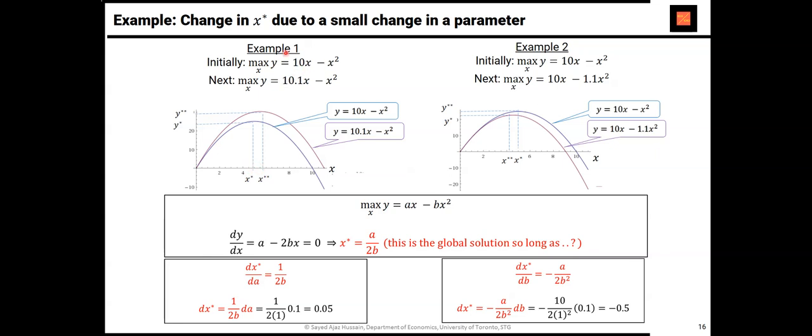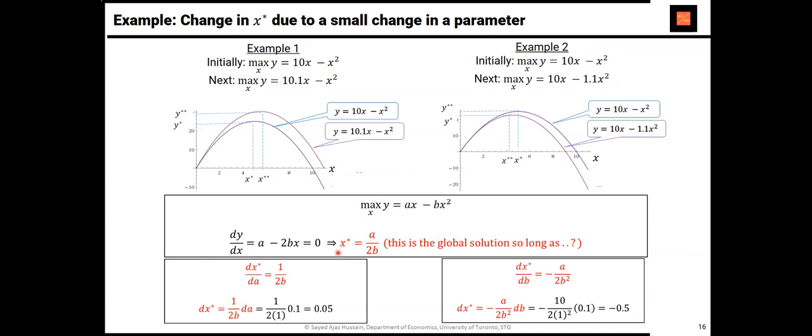Yes, I can, because notice that this function is of what type? Ax minus bx squared. And what has changed over here? What's changed is, of course, the parameter a. So in this particular slide, I'm doing example one. One wonders how the variable x star, the solution, changes when the parameter a changes a tiny bit. What you want to do is, once you express the objective in terms of a's and b's, express the solution also in terms of a's and b's. For that, you need to take FOCs, first order conditions, solve for x star,